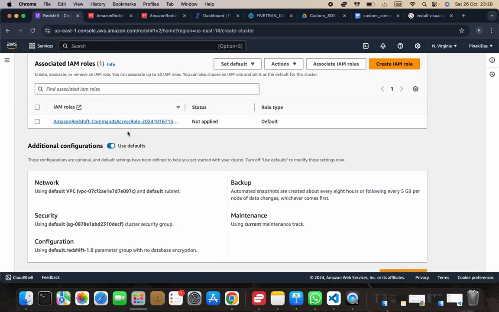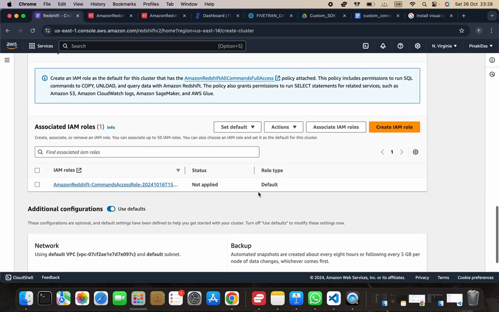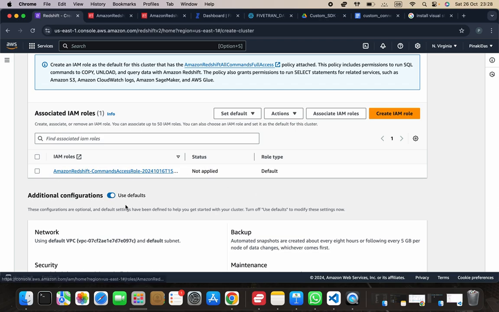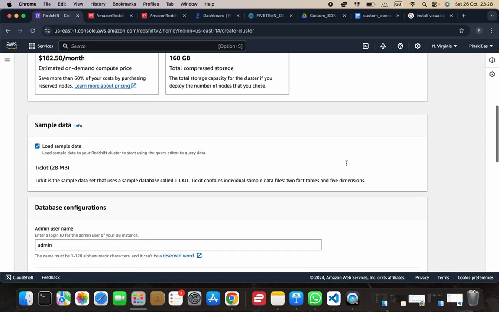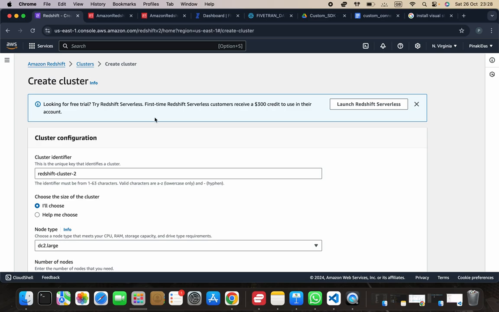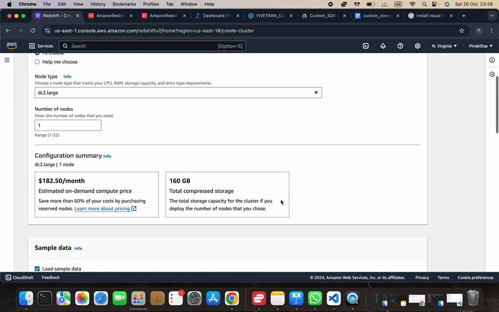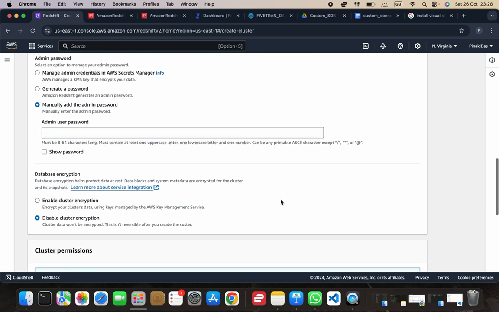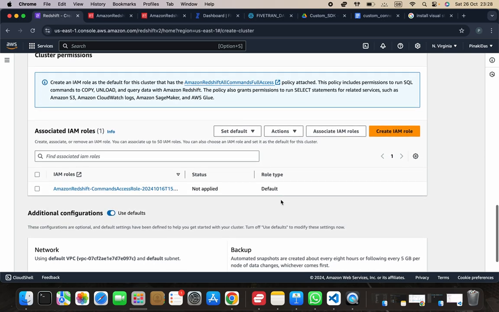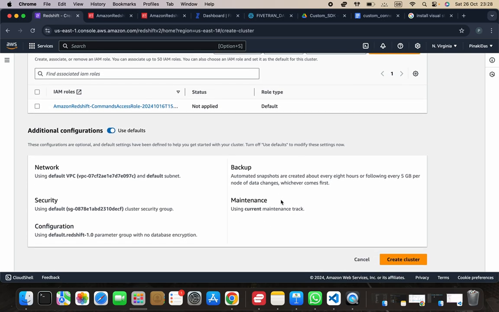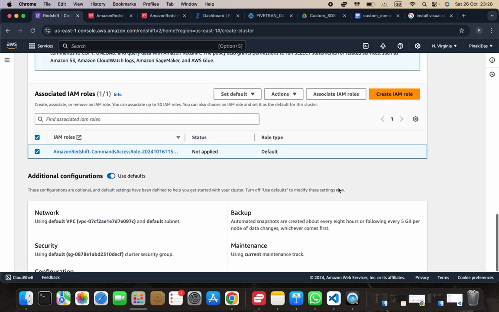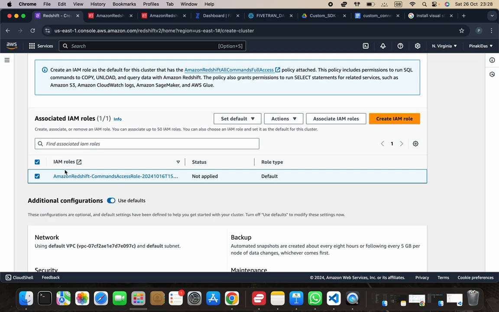Going back to the Redshift cluster. It means the cluster which we are going to create over here can acquire that role and perform any operation in the S3. So after selecting this default role,